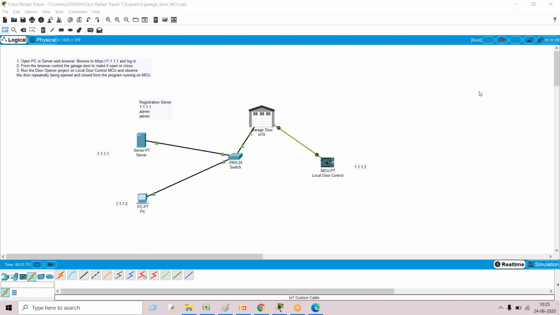Since we are not sure whether the colleges will open, we have to go with online classes. My suggestion is that for the first part, before midterm, we do the IoT lab with Packet Tracer. And if we come out of this COVID situation, in the second part we'll try to go for the hardware part.